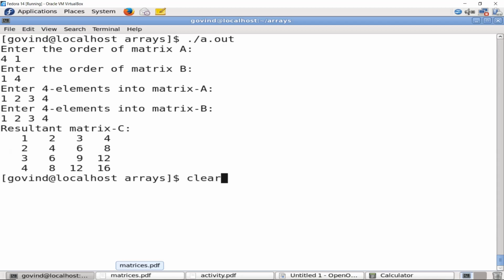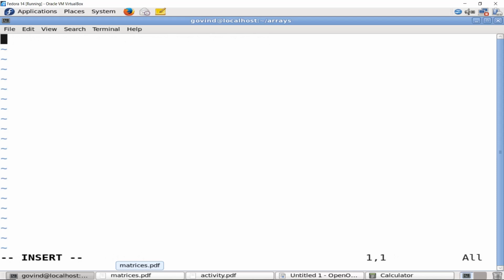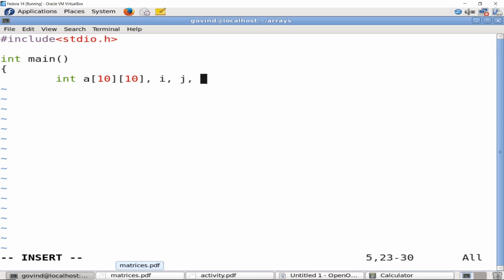I will now create a program named rowsum.c. I'll type the program. I require only one array. I'll call it as A of 10. I require I, J, M and N, and also require a variable called rowsum.